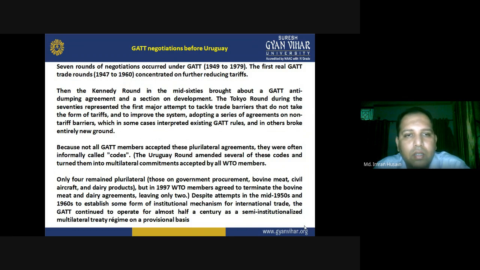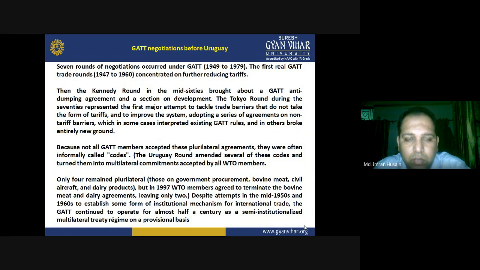Then the Kennedy Round in the mid-60s brought about a GATT anti-dumping agreement and a section on development. The Tokyo Round during the 70s represented the first major attempt to tackle the trade barriers that do not take the